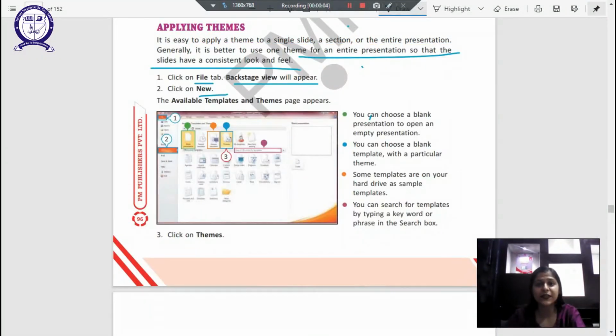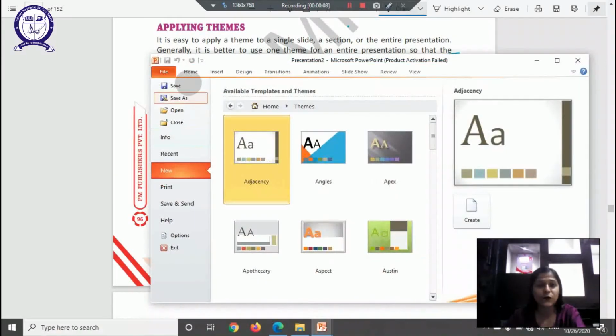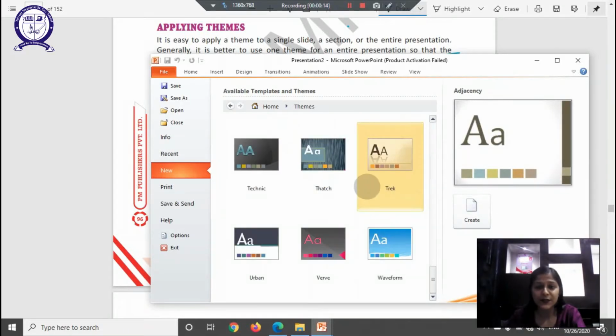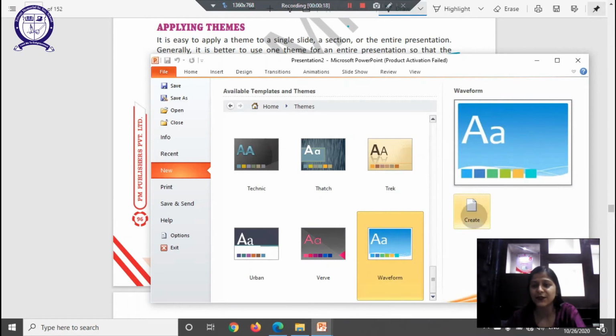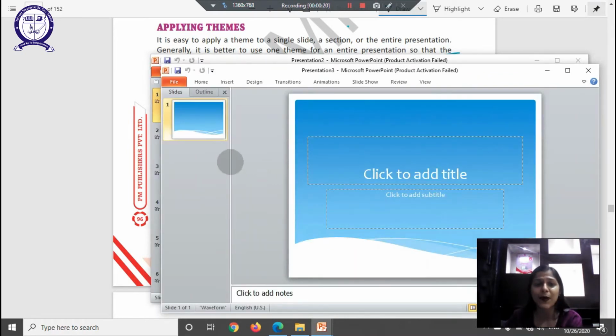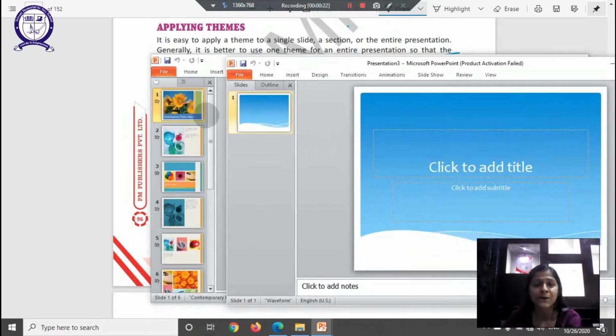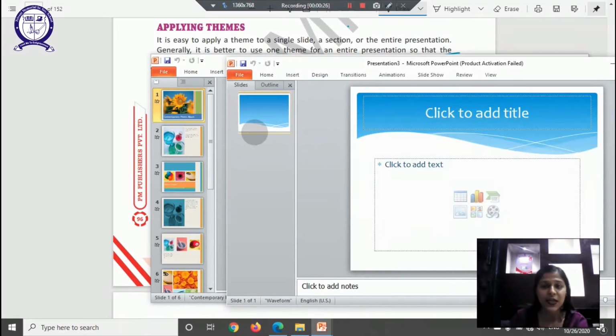So we selected a template. Now to manipulate our theme, I will go to the new tab, and then in the option of home, I'll simply select the themes one, and as you can see, we also have another option. So let's say I select this waveform one. The color palette has now changed to this one. As you can see, we have different themes and different template sort of slides, right?